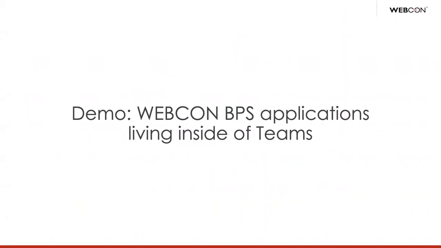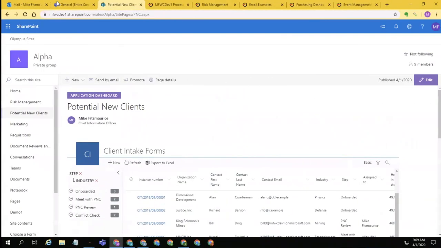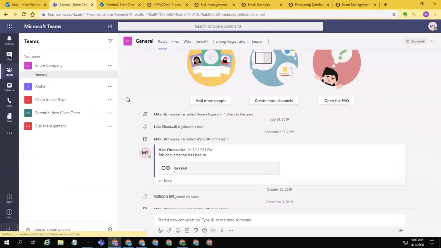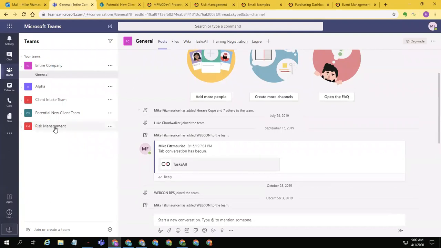But it's 2020, and a lot of us work inside of Microsoft Teams, and that's all right. We have you covered there as well. So let's jump over here and take a look at this particular Teams environment. One moment, please. I just need to move something out of the way. Okay. So I am inside my entire risk